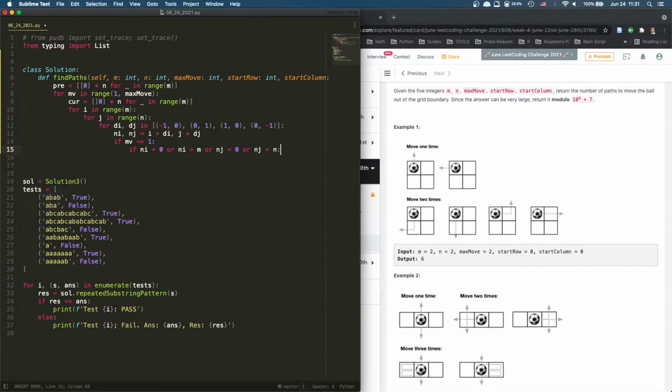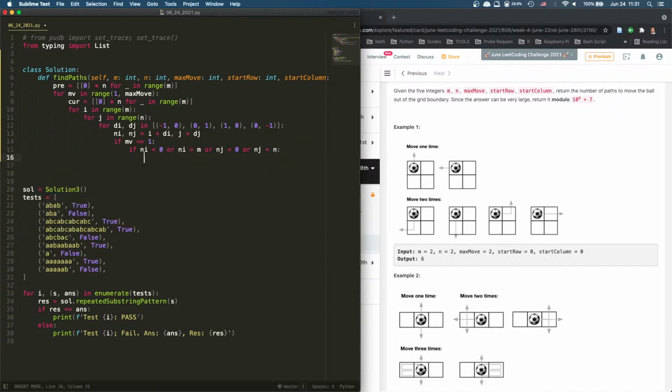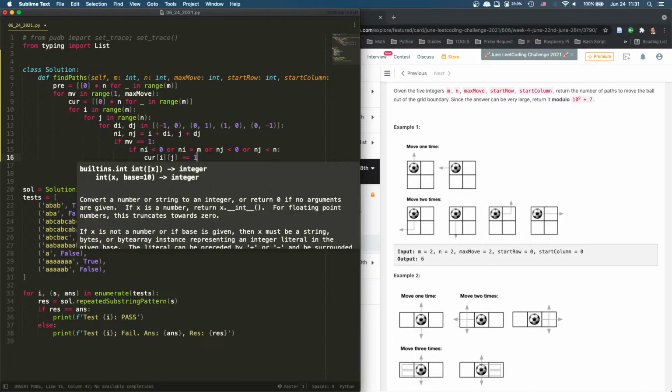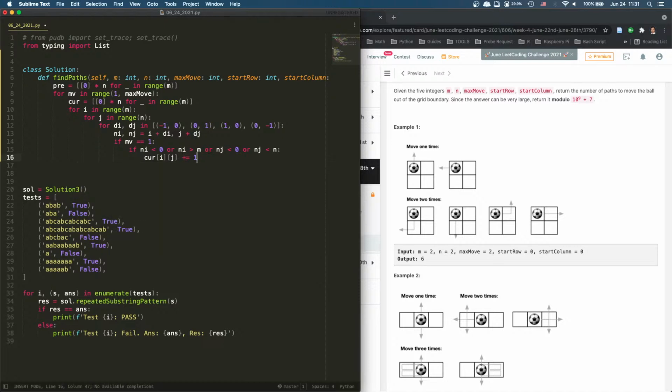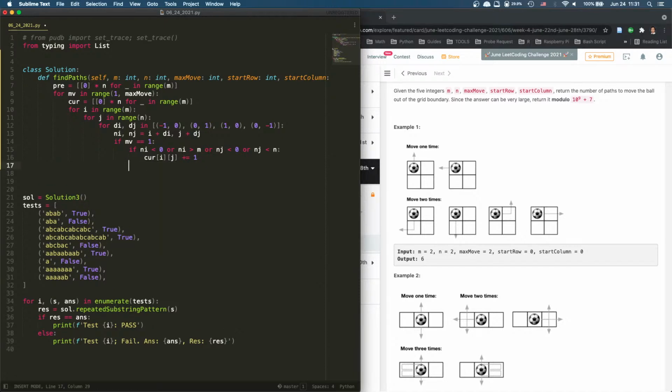That's out of bound. That means it's out of bound. Then we say current ij plus equal 1. And we'll go through all of them, right? Otherwise,